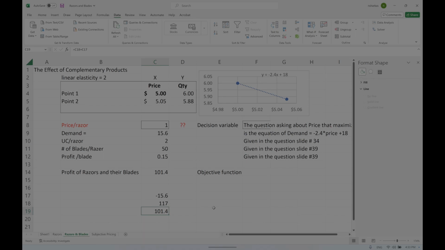So this is where you got the 101.4 profit from. Actually you're losing money on razors, of course, at 15.6, because it's $2 per razor. You're only getting half. So the other half is equivalent to 15.6, and this is how you're getting this much profit. Compared, of course,